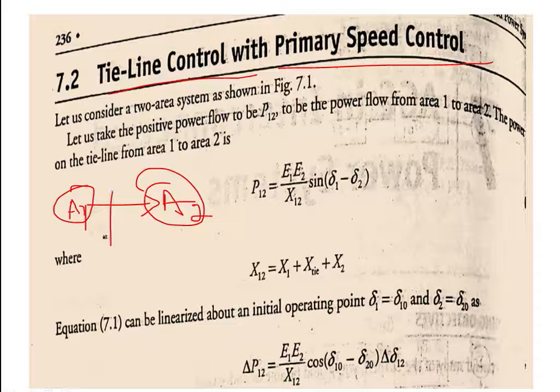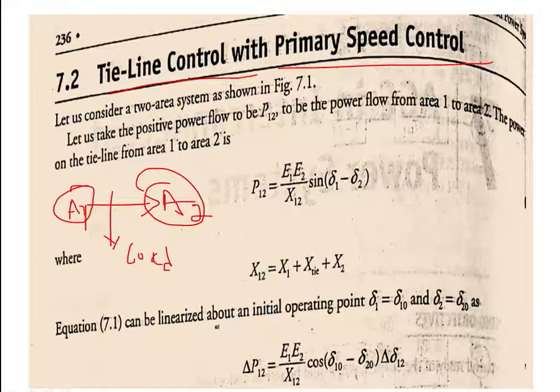So this line, which is called the tie line, we can connect the load to. Let us consider the two area system as shown in the figure. The positive power flow from area 1 to area 2 is P12, the power flow. We know the general power equation for synchronous machines or any generators, which is given by